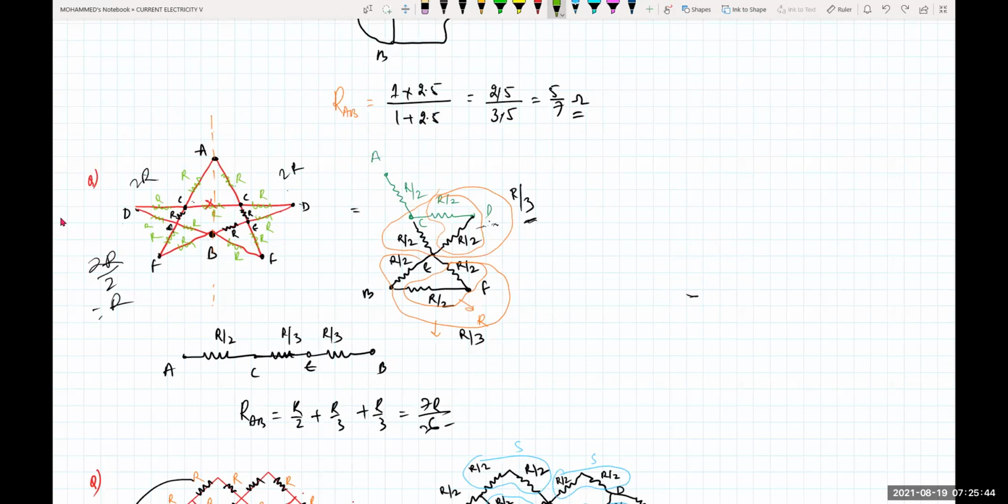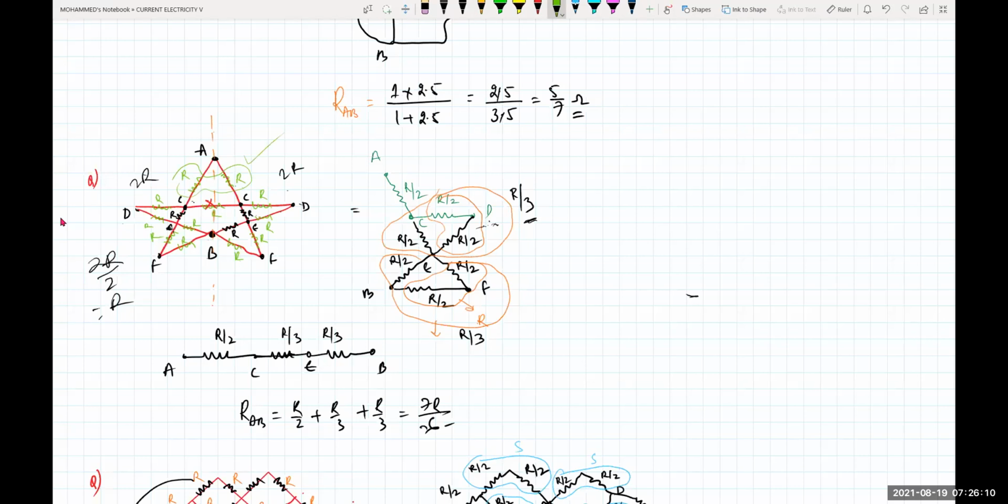R by 2. Between C and D, they are parallel. So here I have written R by 2. A and B I kept here right now, beta. Between A and C there is one resistance, beta. So these two are also overlapping when you fold it. So that will become how much for me? R by 2. So A to C is R by 2. Is that point clear? First one.